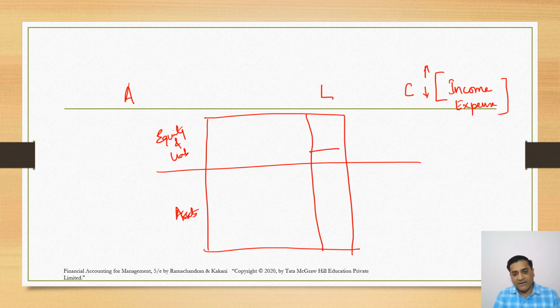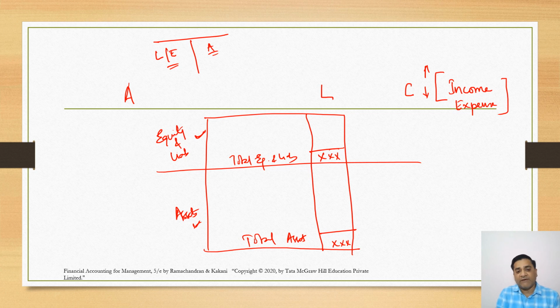So what was happening earlier, the horizontal format. On the left side, you write liabilities and equity. On the right, you write assets. Similarly, the format has been changed recently. Now, the companies are supposed to prepare the financial statement or balance sheet in vertical format. What is vertical format? You have equity and liabilities on one hand and you have assets on the other, and the rule again would be the same, that the total of these assets and liabilities should be always equal. This would be the total of equity and liabilities. This would be the total of assets,